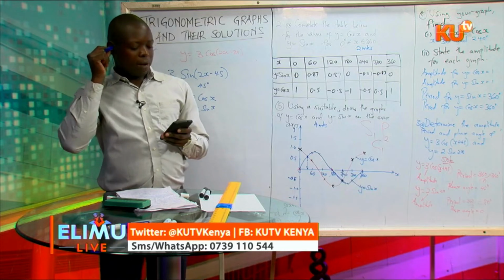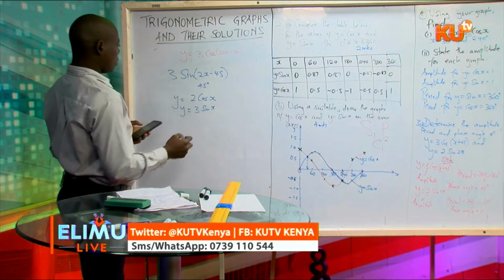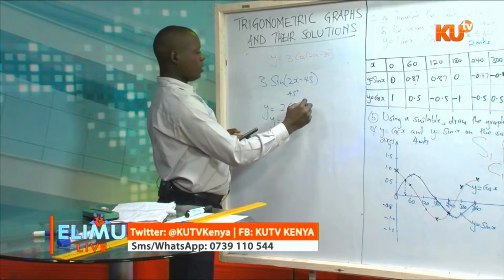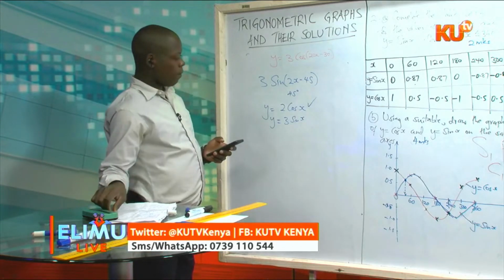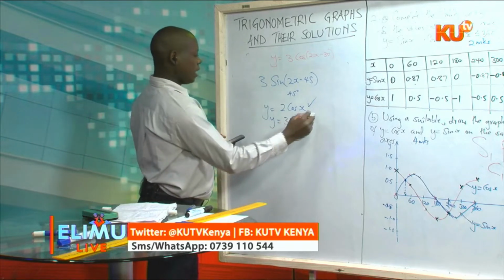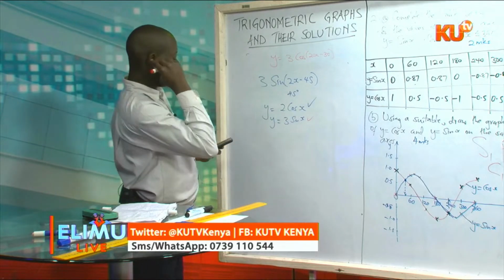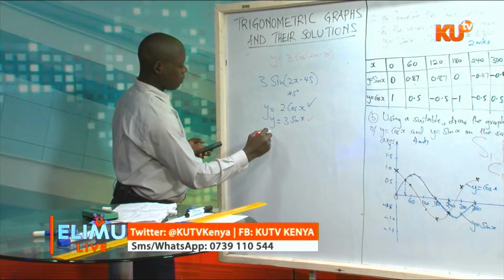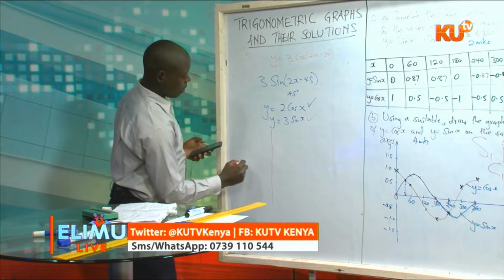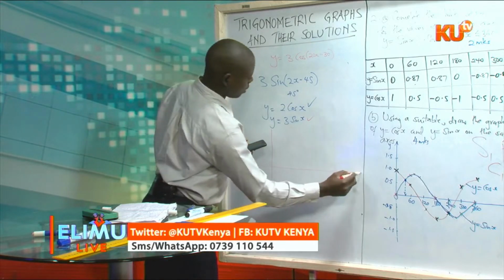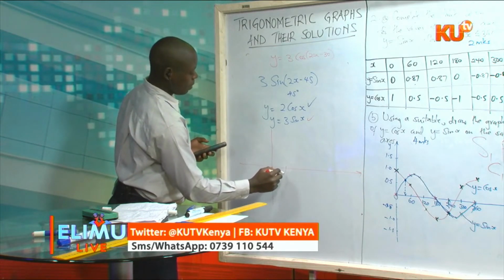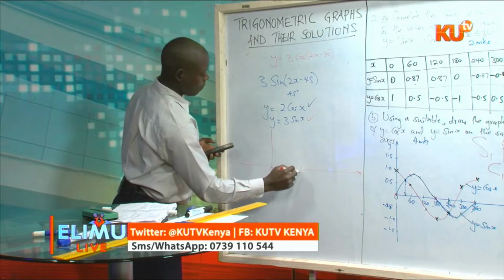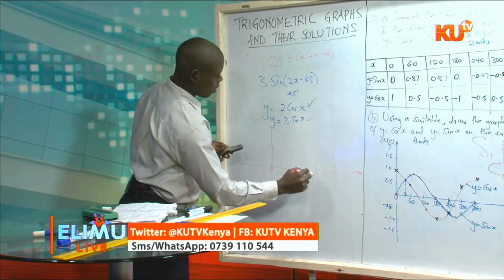Now when you're given these graphs to draw, it means draw the graph of y is 2 cos x and draw the graph of y is 3 sin x. You'll find if you draw these graphs, they will appear like this. Let's take, for example, this is 0, this is 60, 120, 180,